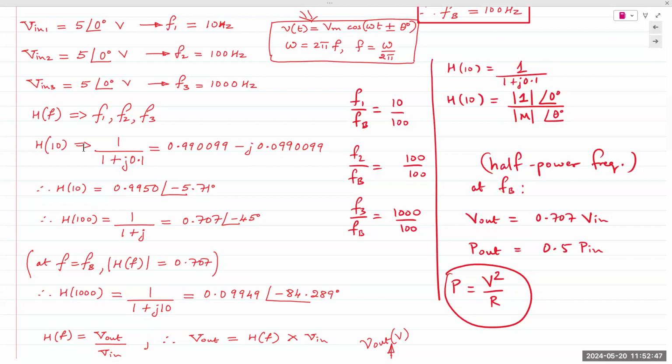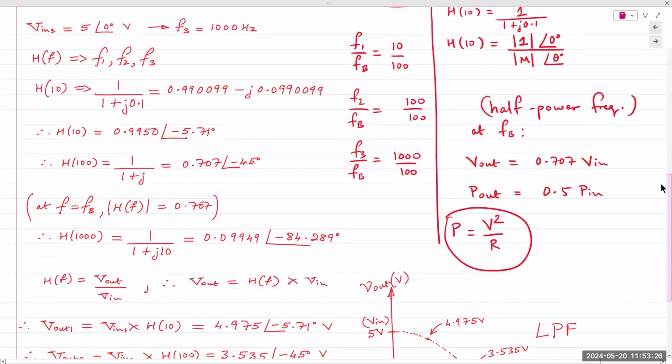Again, if you have a programmable calculator, you can program this equation directly in there, which I think most of you do. So you program this equation in there, you should obtain this value. If you're solving this manually, then I would convert the denominator into polar coordinates and then perform the division to obtain the answer for H of 10. Similarly, you'd find the answer for H of 100 and H of 1000. Once you have those,